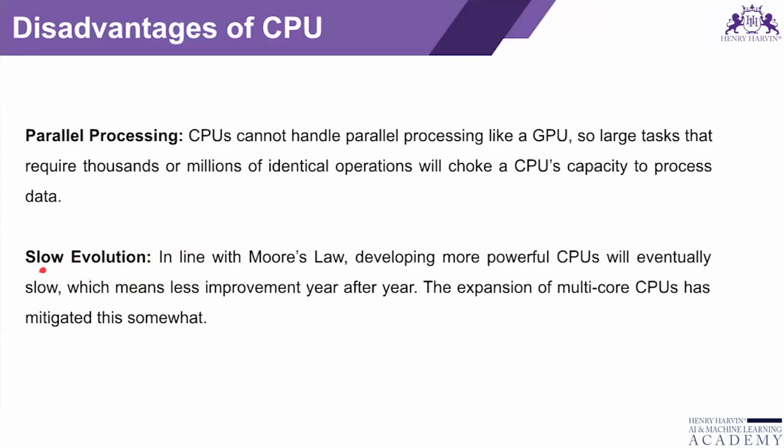So what are the reasons for slowing evolution? There is a mathematical law, Moore's law. In line with Moore's law, developing more powerful CPUs will eventually slow, which means less improvement year after year, because